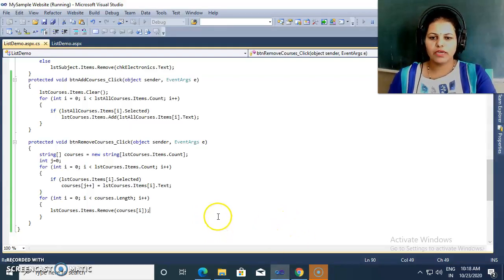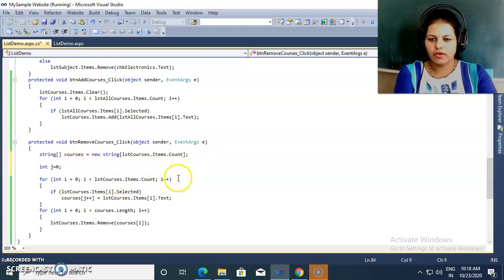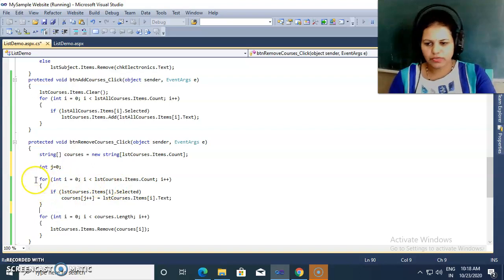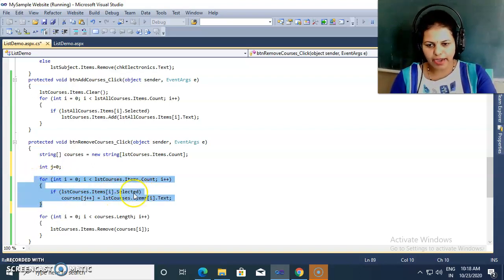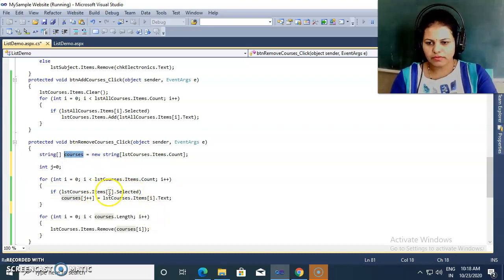So what have we done here? If some students are not understanding, first we are storing all the selected items inside this courses array one by one. See here, if that course is selected, then and only then we add its text property inside this courses array. Initially j's value is 0. When we store one value inside this courses array, j's value is automatically incremented.